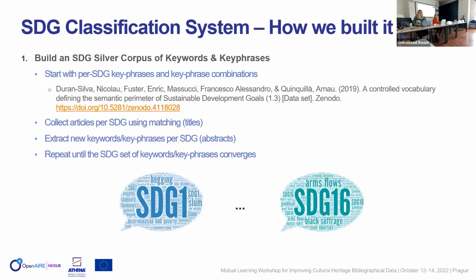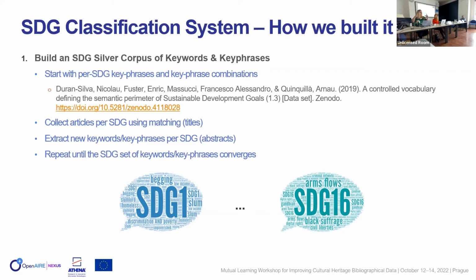Okay, so how do we build it? So first we build a silver corpus of keywords and key phrases using an iterative technique. We start with the per-SDG key phrases and key phrase combinations that you can find in the data set in the citation there. Then we collect articles by matching the keywords to the title. Then for these articles, we go to the abstract and extract keywords again. We take these keywords and match them to titles again, and then take these abstracts and so on and so forth until